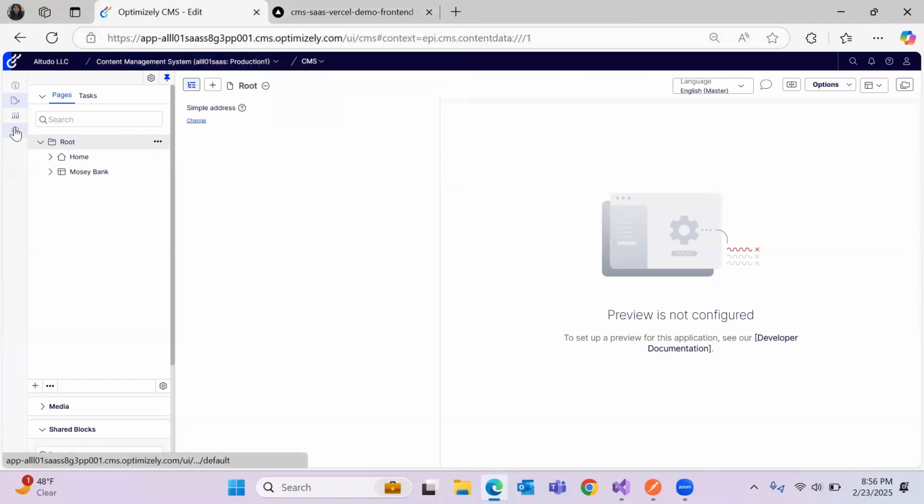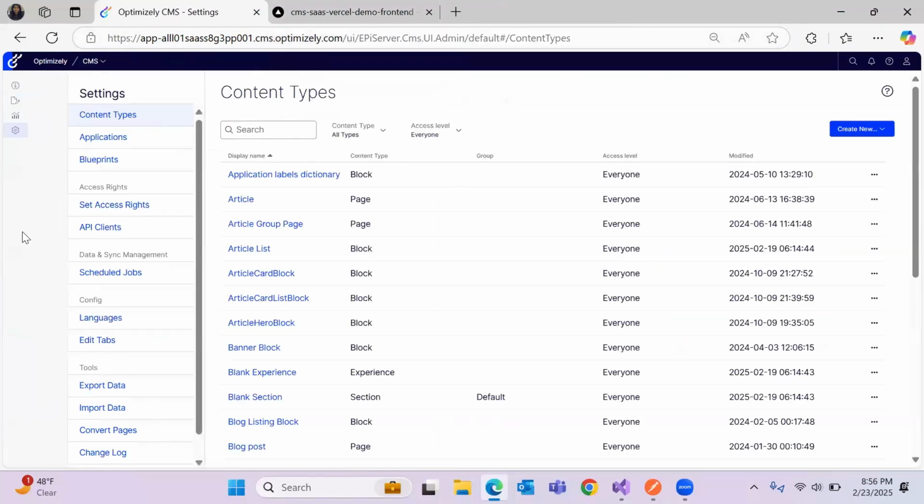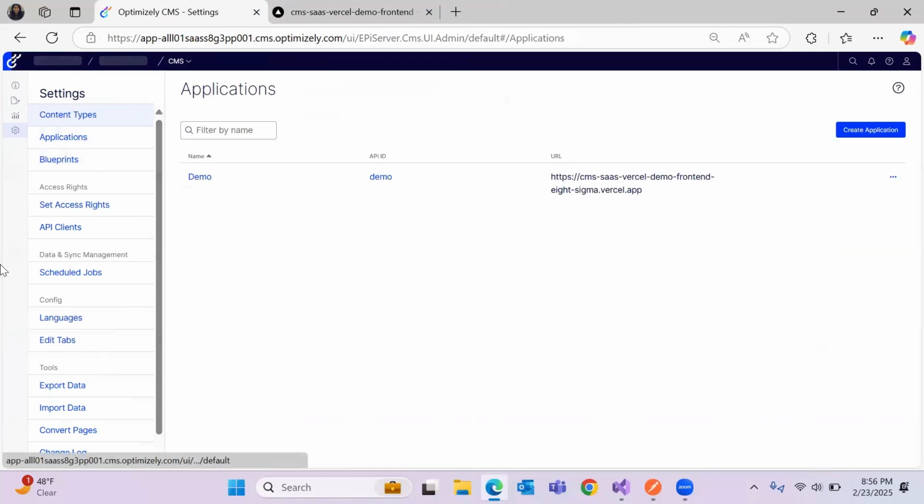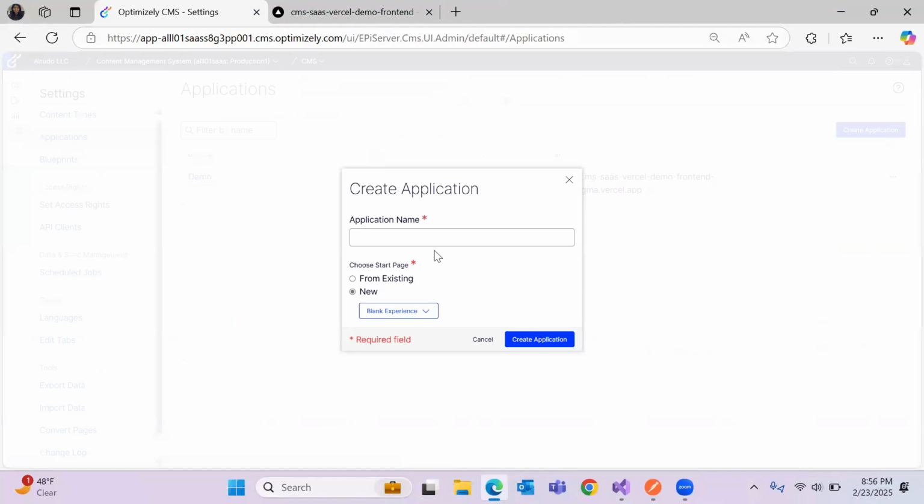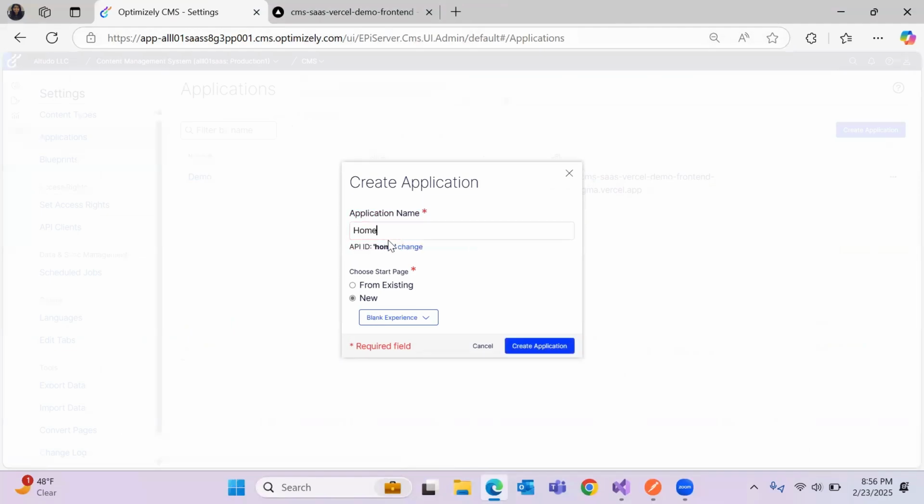So what I need to do is go to the settings, then applications, then create a new application. Name the application home new,